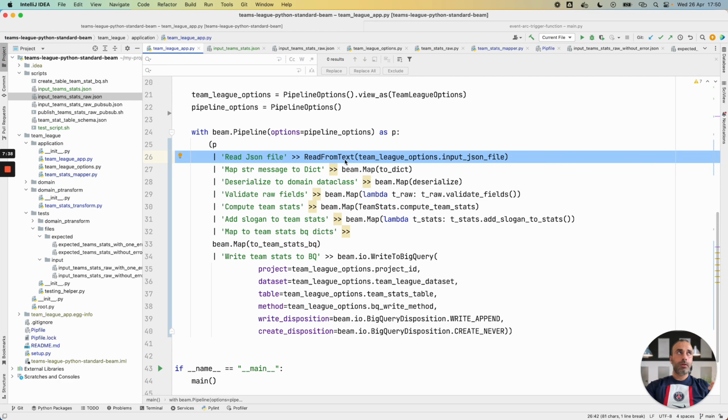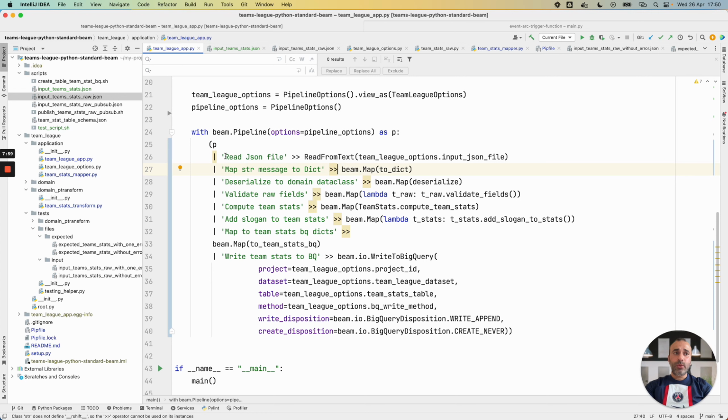And also, for Apache Beam, we have some transformations in our pipeline. In each step, we will apply a transformation, a ParDo or a PTransform, and each step will return a new immutable PCollection.